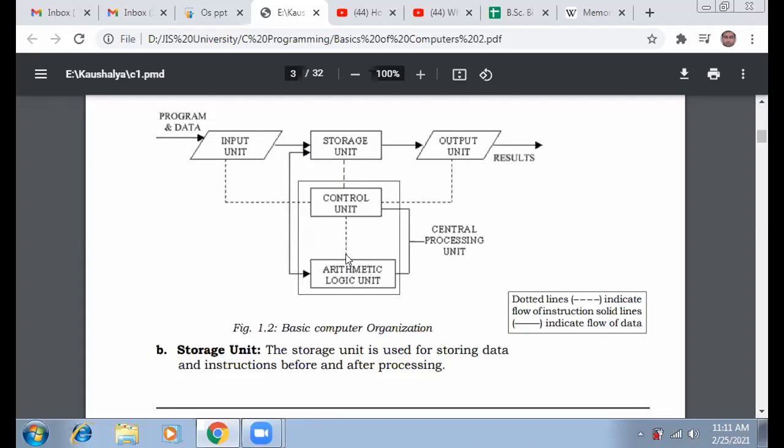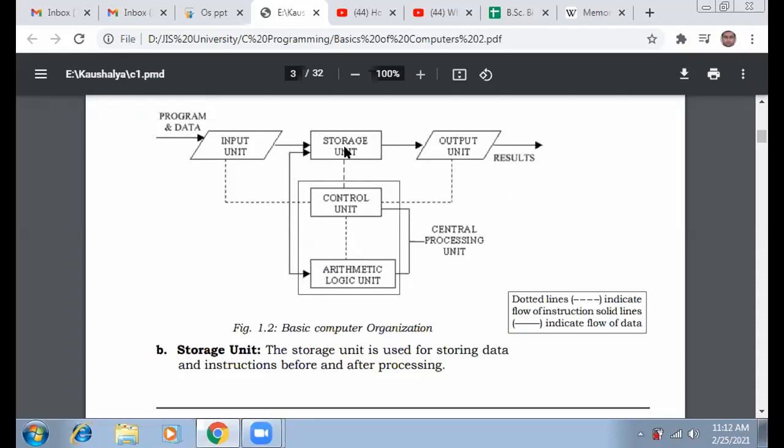Now the job of the arithmetic logic unit is to add those two numbers, 8 and 2, and produce the result, that is 10. That 10 will be resent to the storage unit, where it can be stored temporarily in RAM, a volatile memory. It is the user's choice whether he or she wants to store that output, 10, permanently in secondary memory or not. That depends totally on the programmer or the user who gives the instruction. In this way, the entire operation works inside the central processing unit, or CPU.